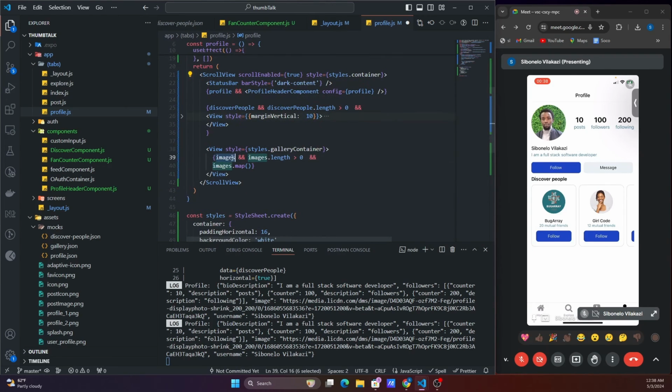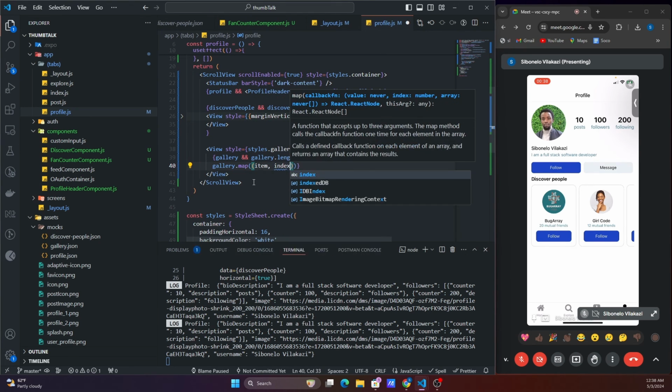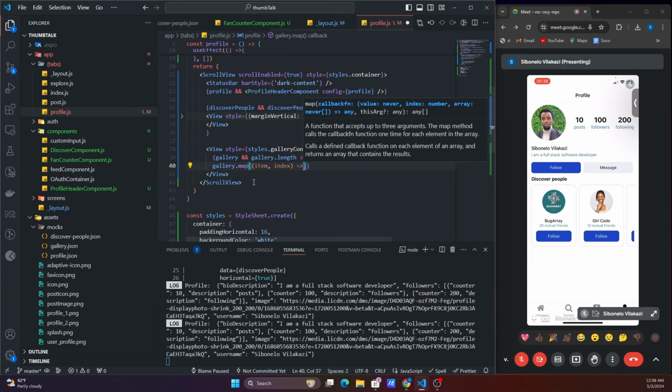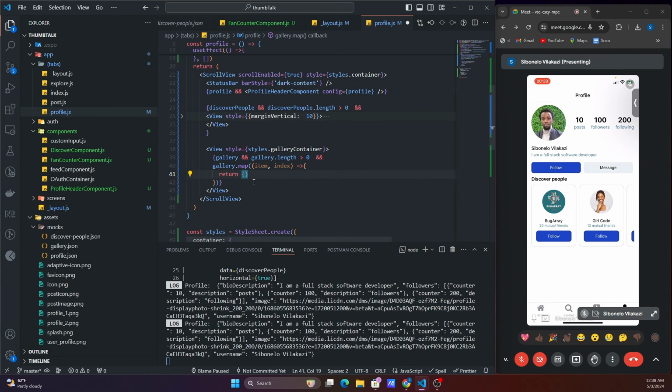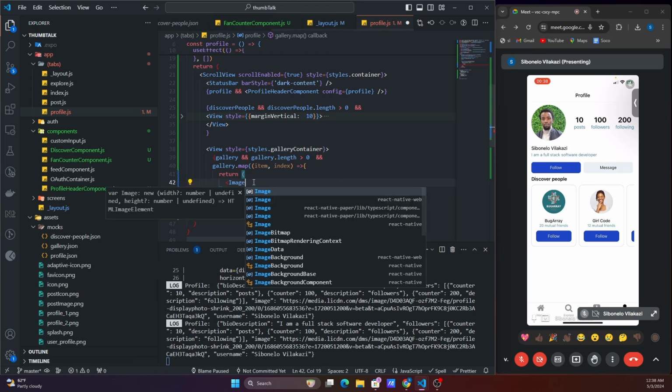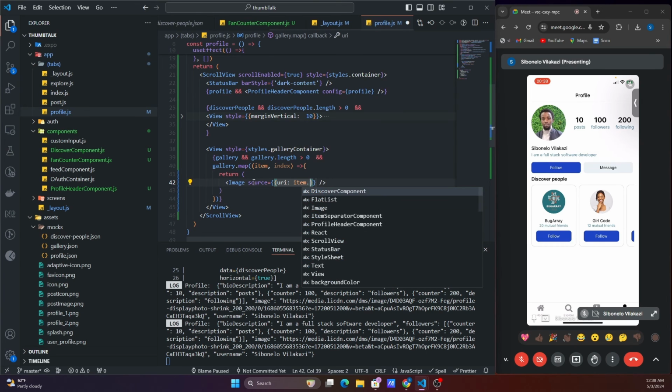Righty. So what we'll then need to do is change this to gallery, and that to gallery. And what we'll need over here is our items and my actual index. So this should be an arrow function which returns something. So this should return this over here. And what we're going to use is our actual image, which is our React Native image component. So we're going to pass in a source and use the URI to that. And this is going to be item.image,